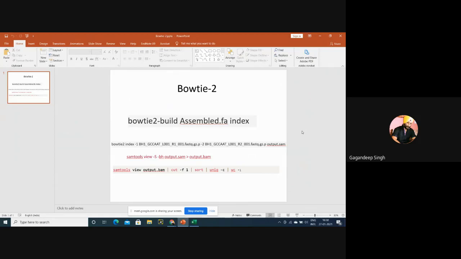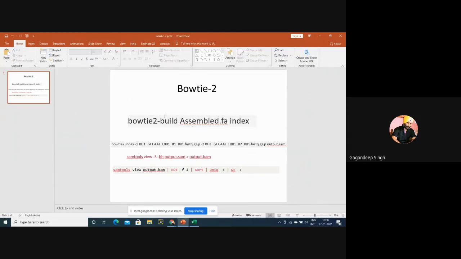There is a folder named Bowtie. Inside that folder, there is a small script, and the name of that script is written as bowtie2-build. See here, bowtie2-build. There is a script, the name is bowtie2-build.